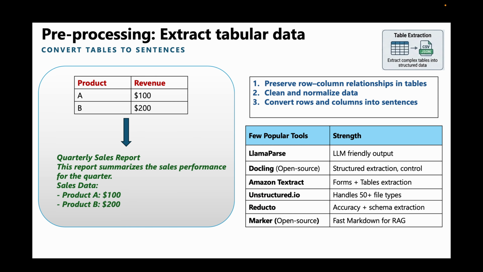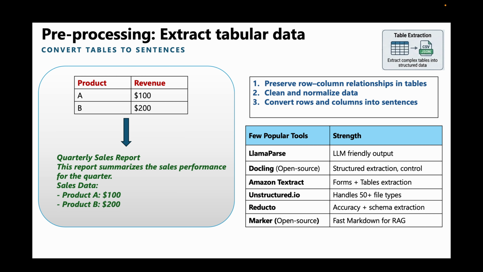Another popular pre-processing step is extraction of text from tables, as many documents store critical information such as metrics, comparisons, and structured facts in tabular formats. Embedding models work best with linear text. Tables in documents result in fragmented or loose context that misses the row-column relationships. A common approach is to pre-process tables into linear representations, such as markdown or sentences that explicitly preserve row-column relationships